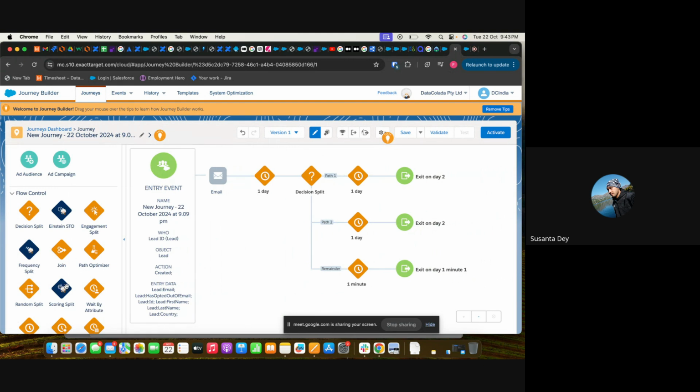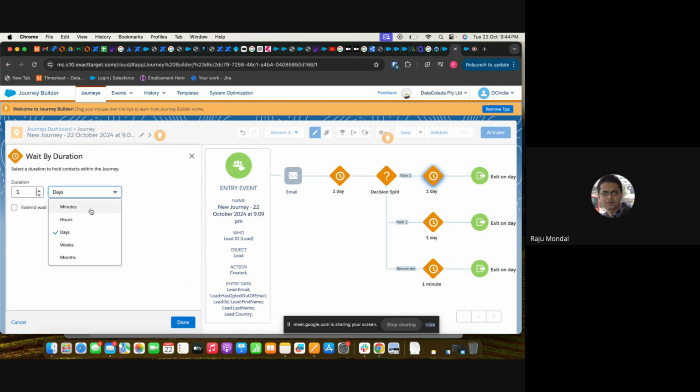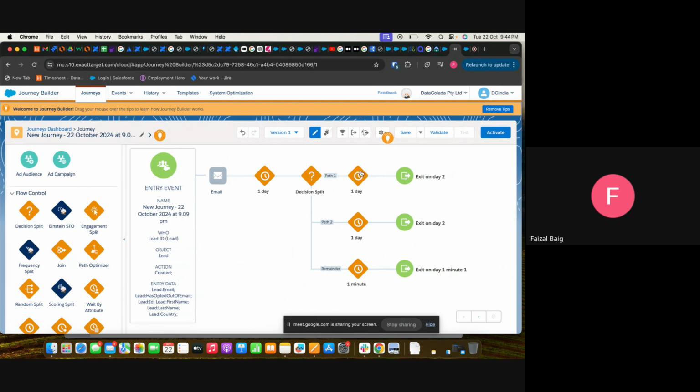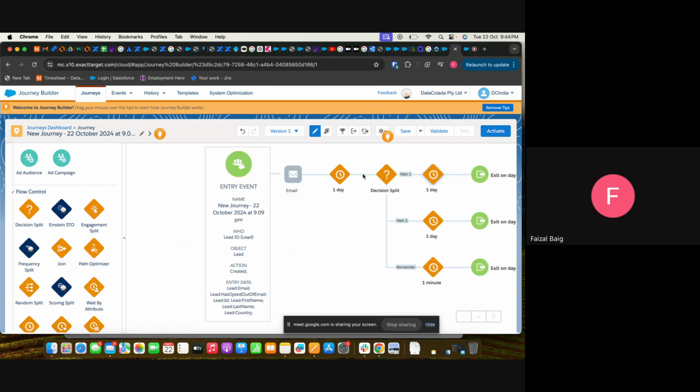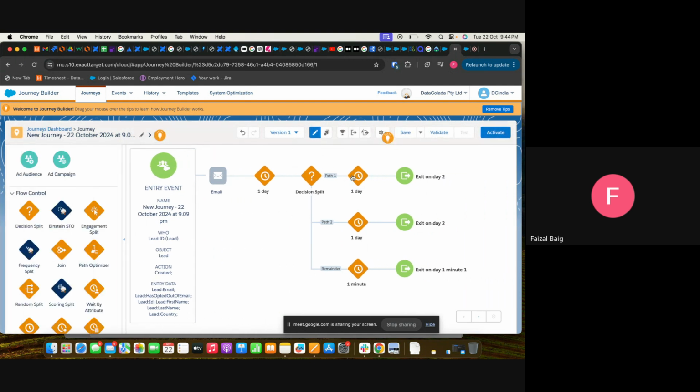But what is this 1 day, 1 minute? This is duration. We can change that as well. This is over time: hours, weeks, months. If you want, we can delete as well. But deleting means that it should add some canvas in order to delete it.